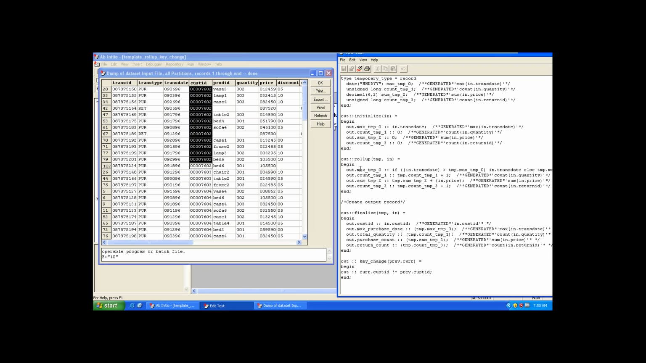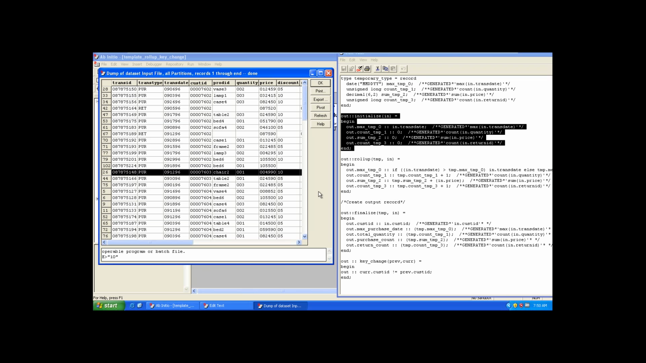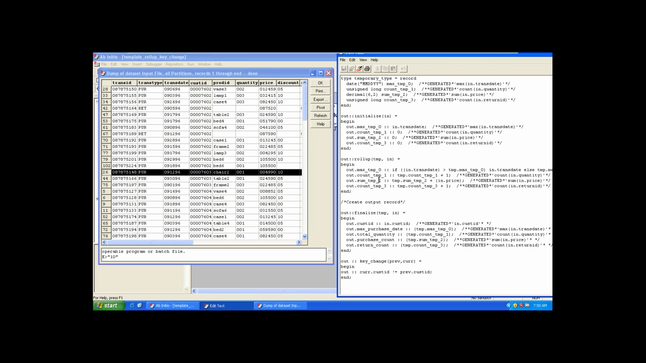will go to the initialization and reinitialize the variables we have used so far, like temp dot max temp 0 will be defined with translate and all others will be zeros. Like this, whatever business logic we have written in the initialization, with those values it will be reinitialized for this new group. Again the rollup will get executed to calculate the summarizations. So this is how a template of the key change function will be executed, which will be key change of previous comma current,